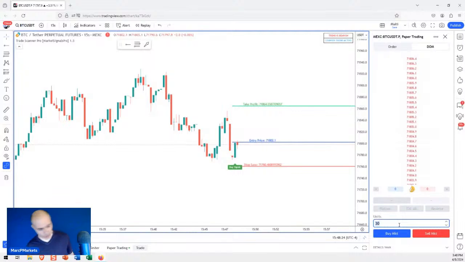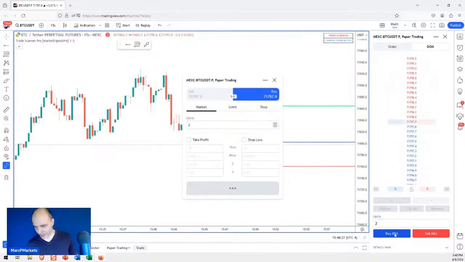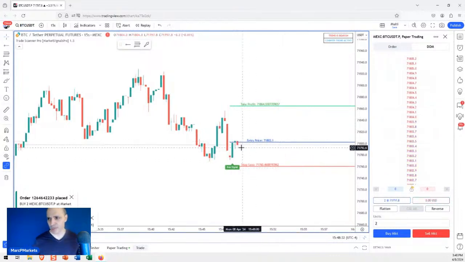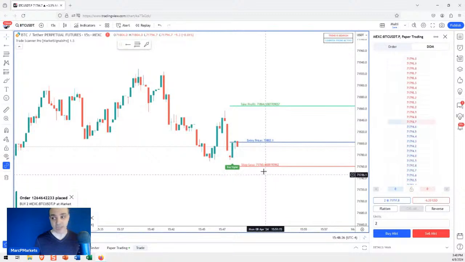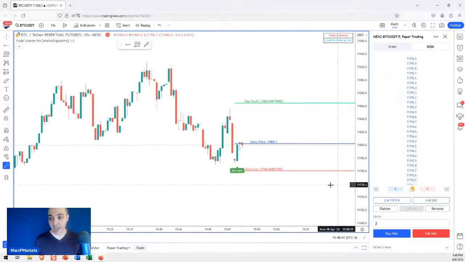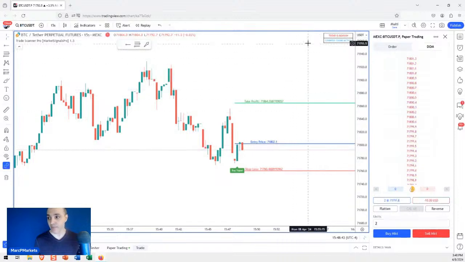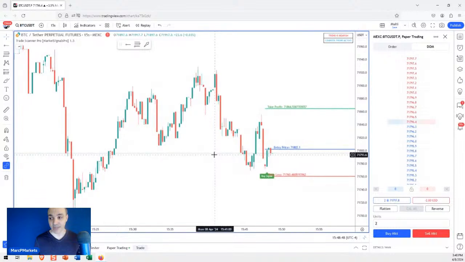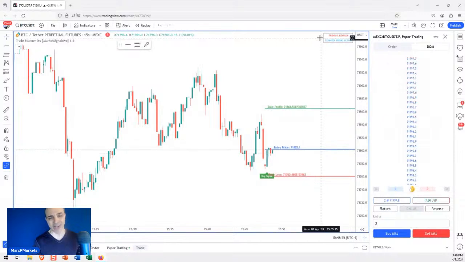I'm going to take this with 2 lots. Let's see what happens. So I just got long, 2 lots on this counter trend signal. Now you can see the stop is very tight. This is a 15-second stop on a 15-second chart. Chances are this can get stopped out very easily. And it says counter trend because this trend turned bearish on this time frame. On the 1 minute, it wasn't bearish, or maybe it was, but each time frame is going to have its own trend. That's important to understand. That's why this thing tells you.